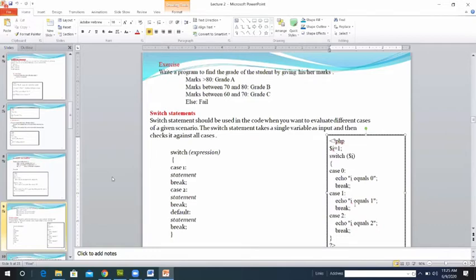If it is 2, then it works with case block 2. Whatever is in the echo statement will be displayed, because that case constant matches the switch variable. If the switch variable matches the case constant, you see the output relevant to that particular case block.